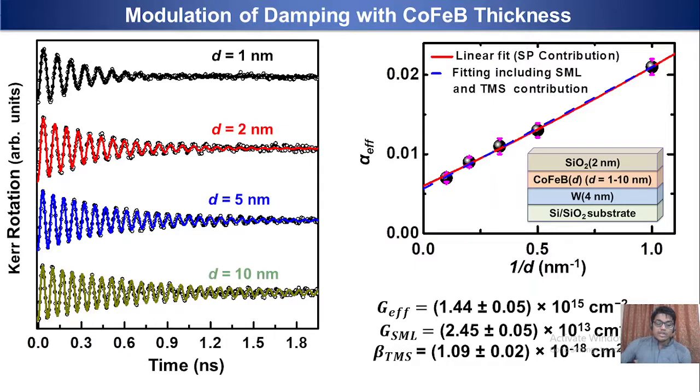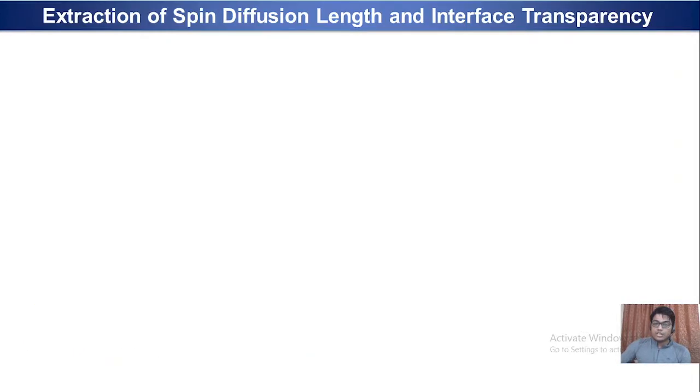First thing is that the effective spin mixing conductance, that is due to the spin pumping, is much higher than that of the spin memory loss conductance, and the 2-magnon scattering coefficient is very small, about the order of 10 to the power minus 18. And from here we calculate the effective spin mixing conductance,